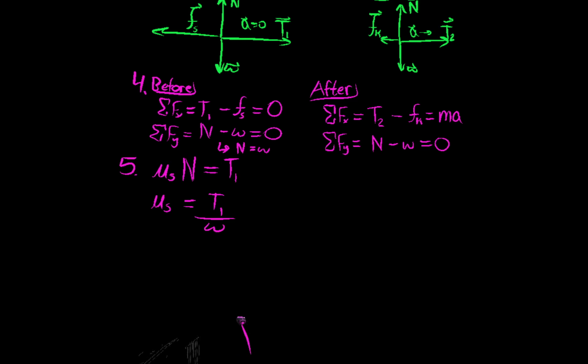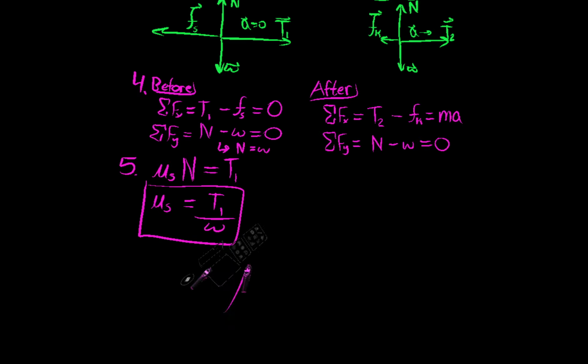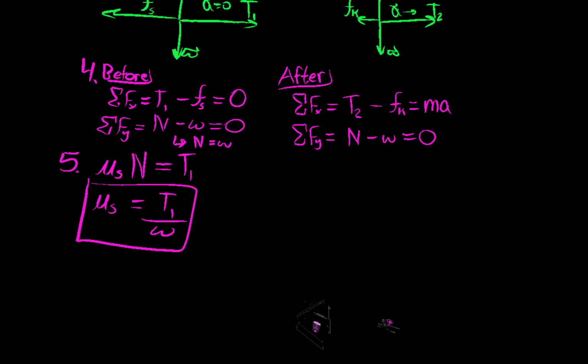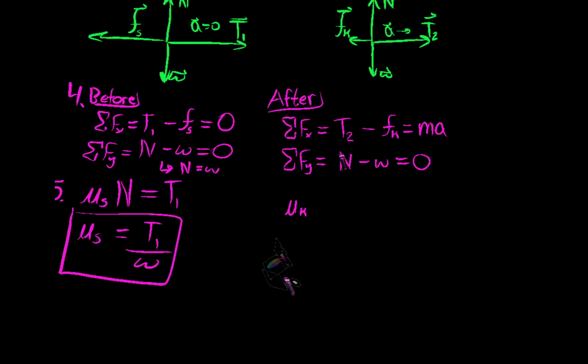Okay, so we've solved for mu sub s. You can plug in the numbers and find it. I'll let you do that. How about the other one? So in our other scenario, to find the coefficient of kinetic friction, we have mu sub k. I'm just taking the sum of the forces in the x here. I'm just expressing this in terms of what it actually is, which is mu sub k times n, is equal to m a,